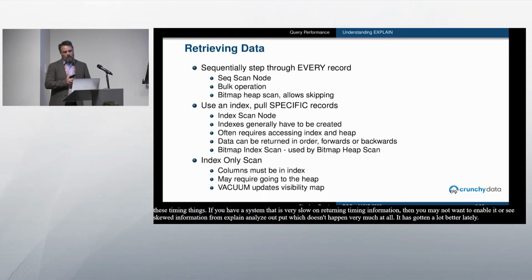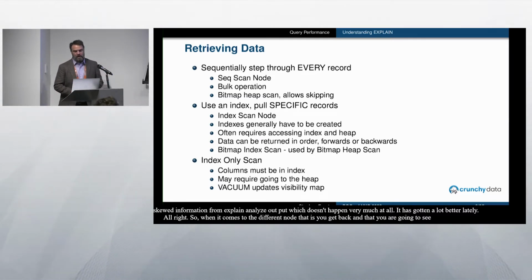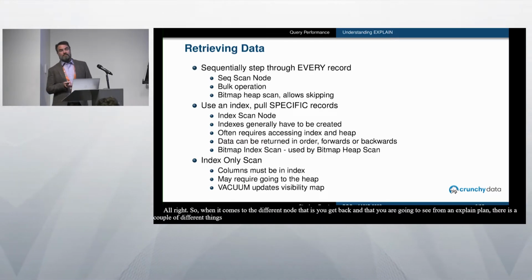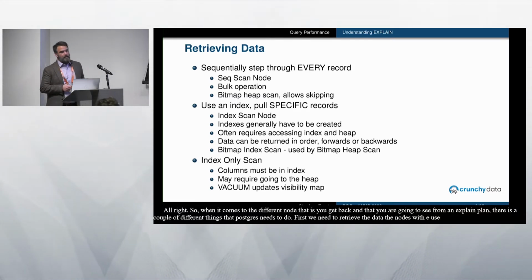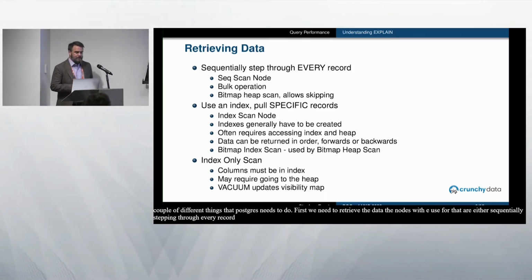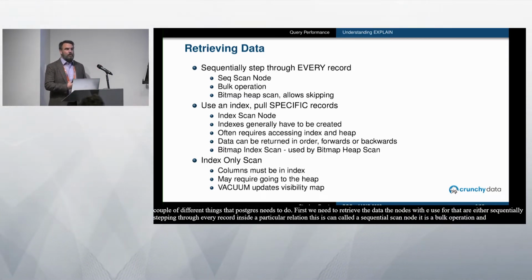All right, so when it comes to the different nodes that you're going to see from an explain plan, there's a couple of different things that Postgres needs to do. The first one is that we need to retrieve the data, right? The nodes that we use for that are either sequentially stepping through every record inside of a particular relation. This is called a sequential scan node. It's a bulk operation, and it's typically pretty fast,